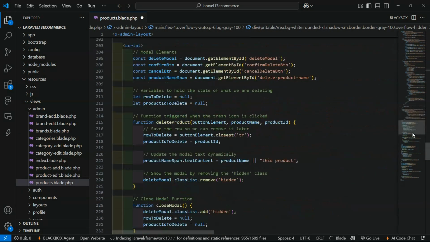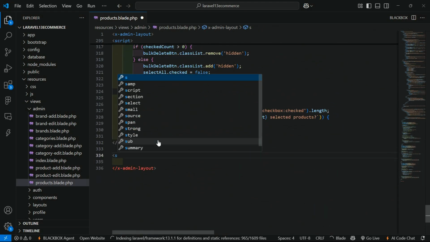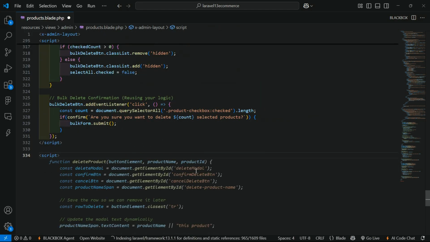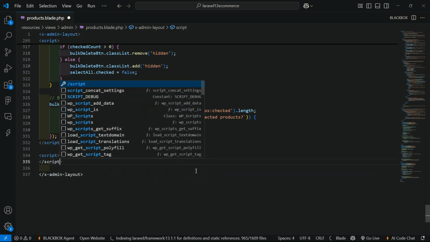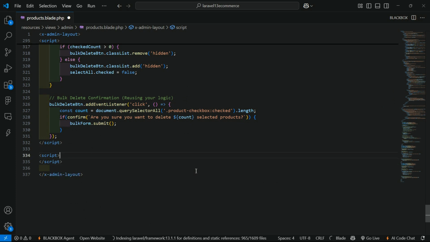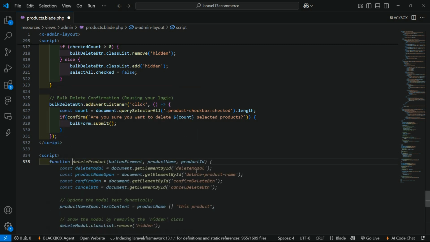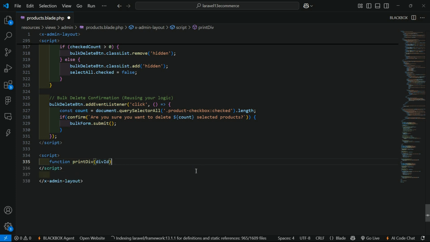So go to the bottom of the page and after this let's add a script tag. Okay, and now just close this script tag, and inside this script tag let's create a JavaScript function. So write function and the function name, let's say the function name is printDiv, and inside this function just pass one argument which is divId. Alright,